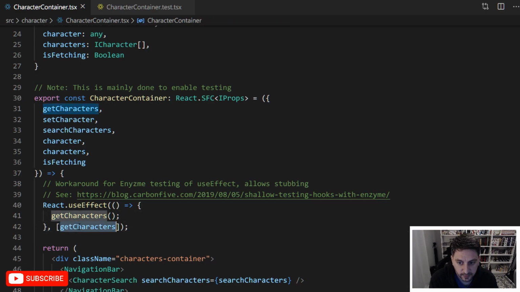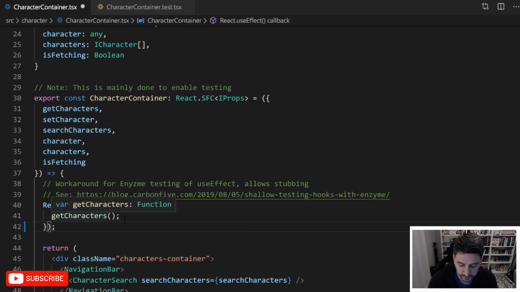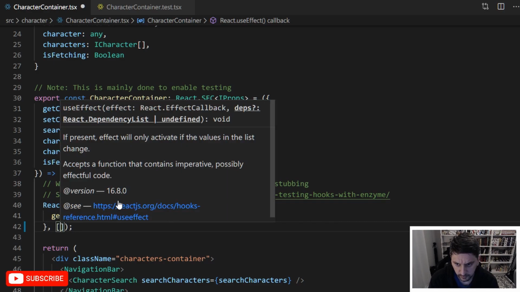And this get characters callback shouldn't update, but you have to be careful about how you use useEffect, because if you do this, it'll just run every time the component's rendered, which you don't want. You'll just get a bunch of calls over and over to get characters. And if you do this,